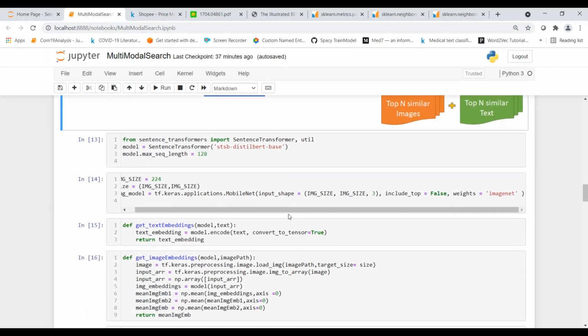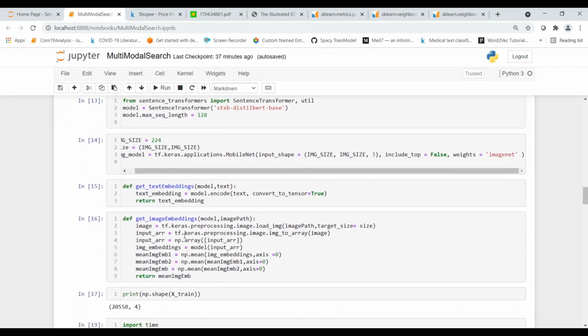To get the image embeddings, I load the image over here, convert it into a NumPy array, pass it to the model, and then reduce the embeddings to their mean. I want some kind of mean feature embeddings. Basically, from the last or last-but-one layer, you will get a lot of features, and I compute a mean pooling over those features. So that is what I am doing over here.